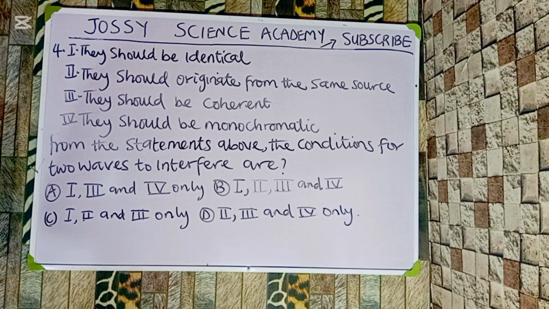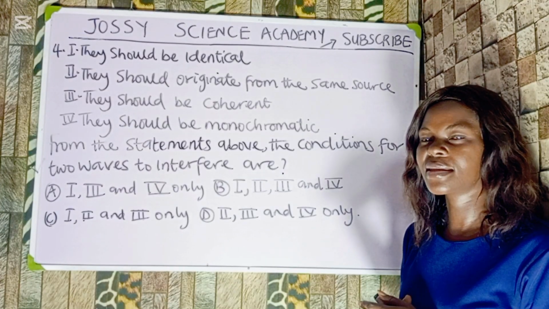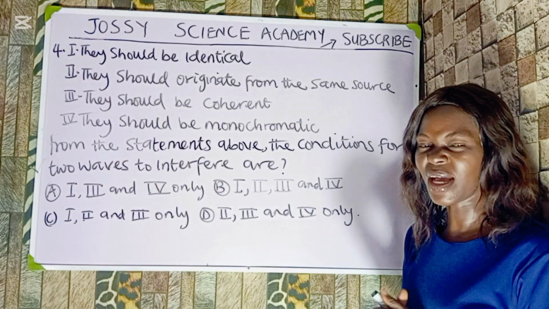I, they should be identical. They should originate from the same source. They should be coherent. They should be monochromatic. From the statement above, the conditions for two waves to interfere are option A, I and IV only. Option B, I and IV. Option C, I and III only. Option D, II and IV only. Now for you to pick the correct answer to this particular question, you must ask yourself, what